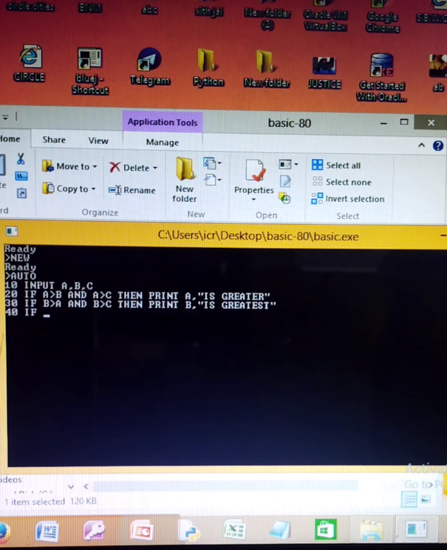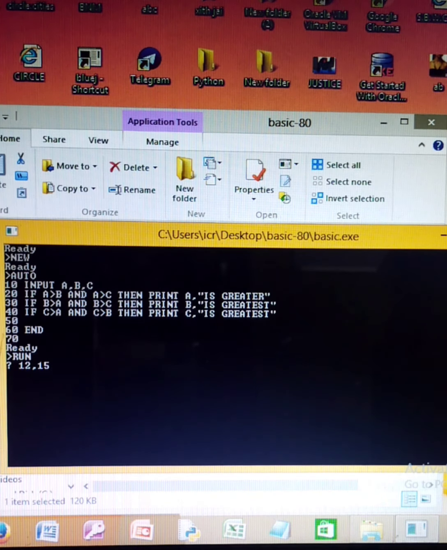And in the third line number, if C is greater than A and C greater than B, then print "C is greatest". END. Control C. So if I run this program and I enter some numbers like 12, 15 and 3, what is the answer coming out? 15.